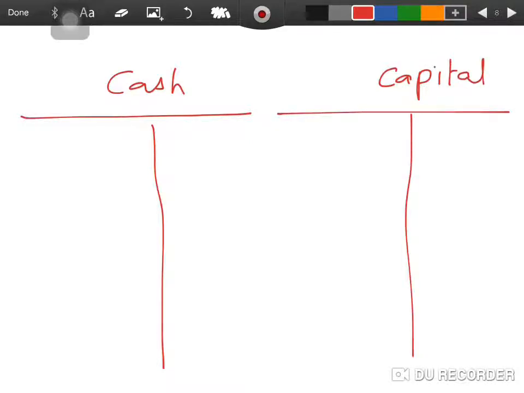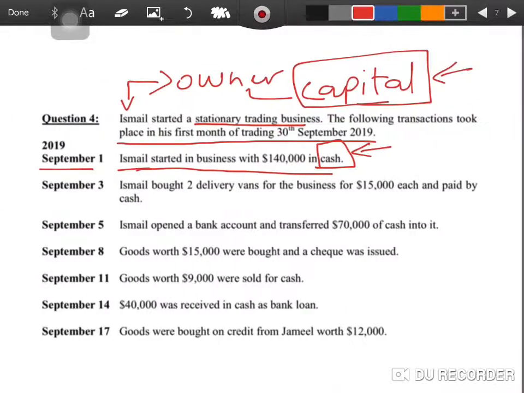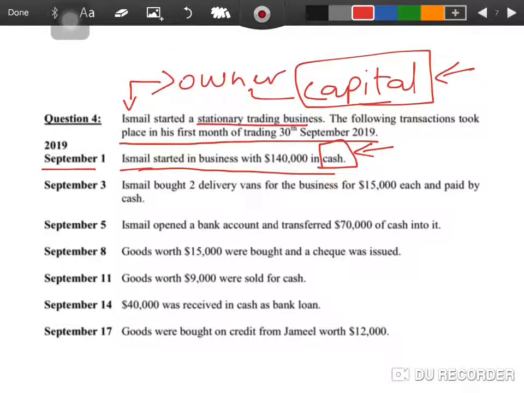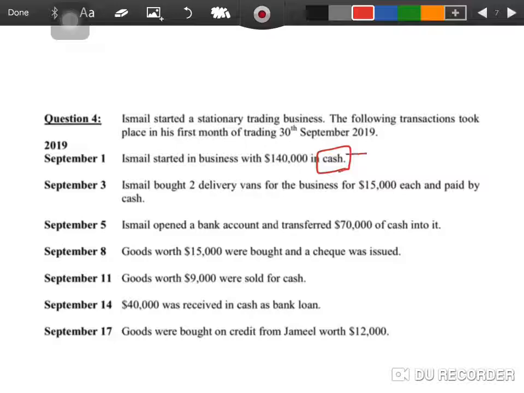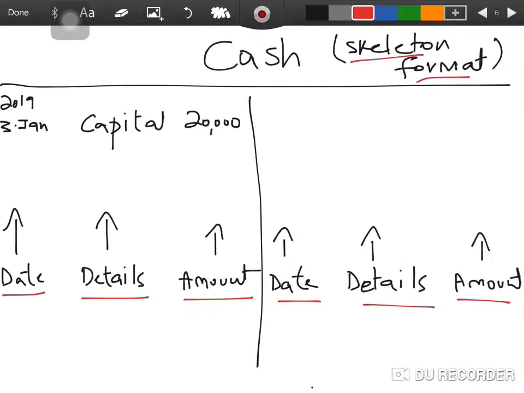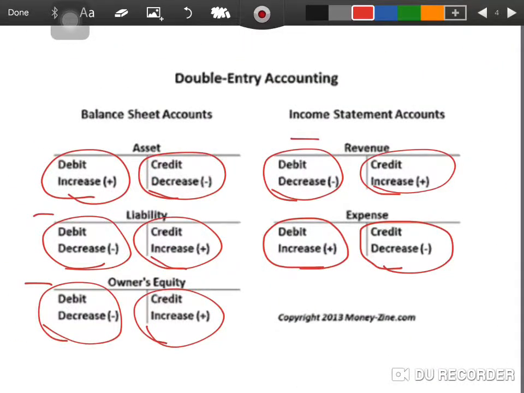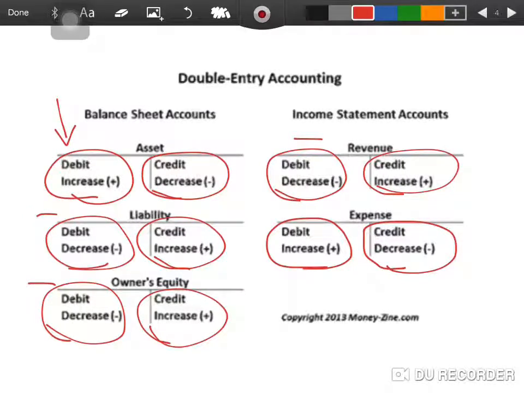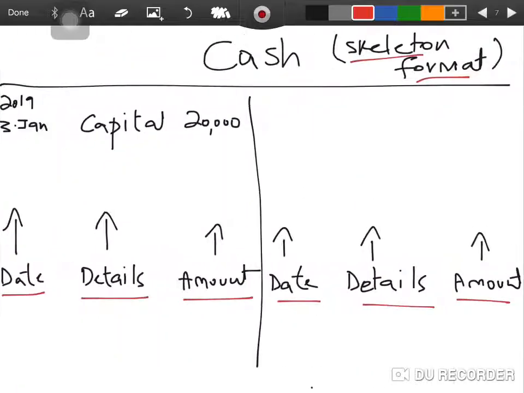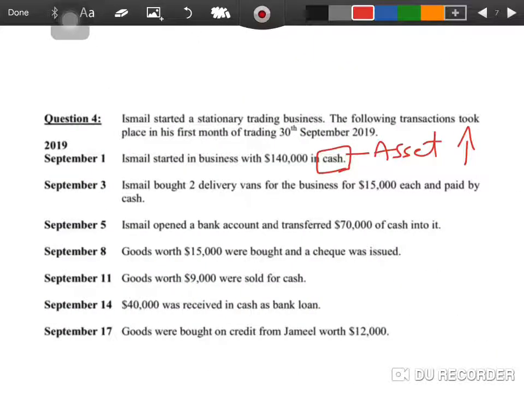Now how is this transaction going to be recorded in these two T accounts? You see, we have already identified that one of the T accounts is going to be cash. Now you need to understand what is cash for the business. So cash is an asset for the business, and when this cash is being invested into the business, you can say that the asset of cash in the business is going to increase. It is going up. And if we go back to the rules, whenever assets go up, they are to be recorded on which side? The debit side, as per the rules. So in this case, since the asset of cash is going up, cash will have to be recorded on the debit side.